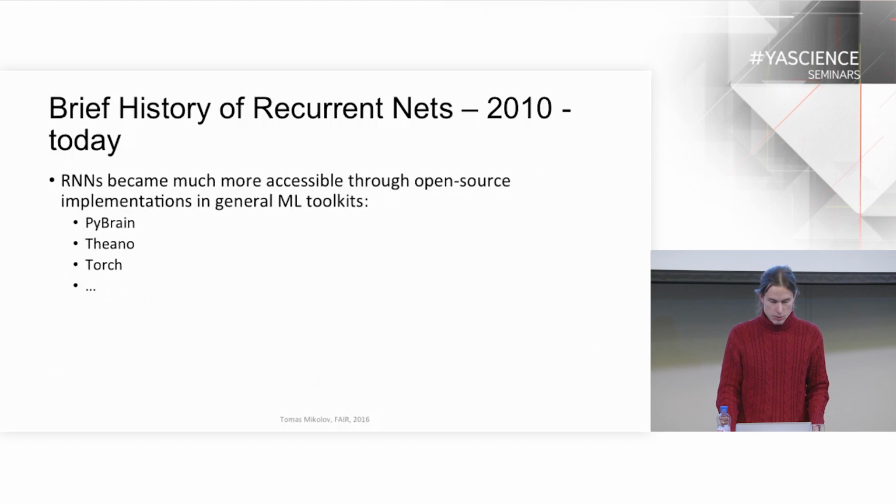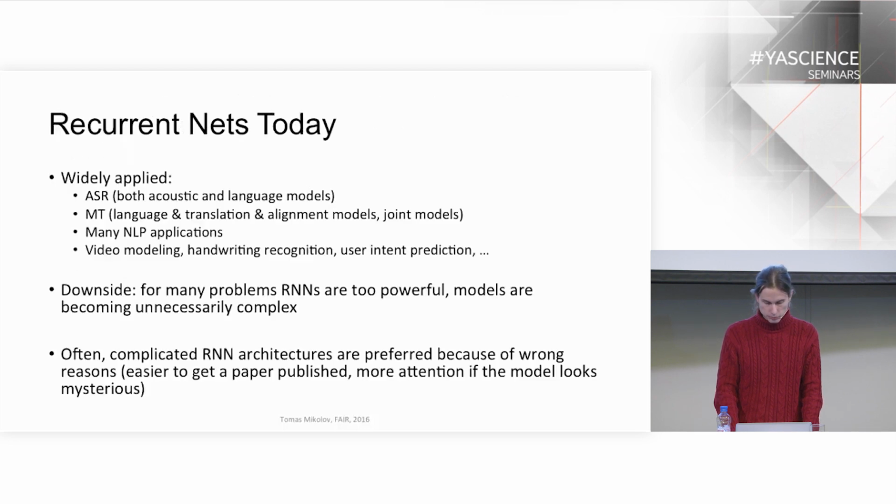So that's basically for it. And then the recurrent nets were becoming more and more popular and accessible through machine learning toolkits. I named here 3 of them that were getting started around 2010, like PyBrain, Theano and Torch, but there are of course many others that are getting published almost every month these days from commercial companies like Google and Facebook and Microsoft and others as well.